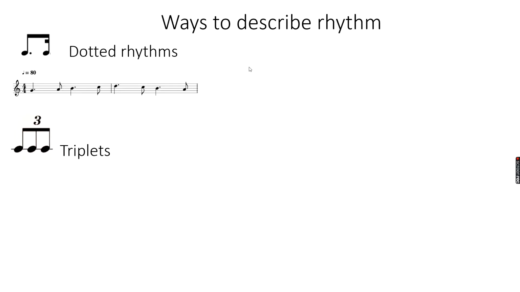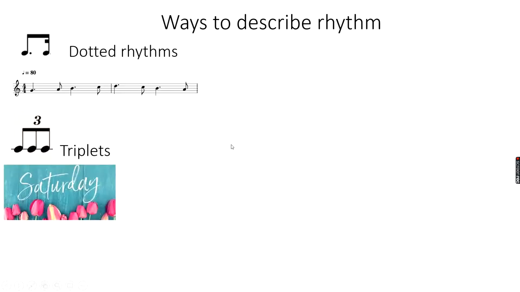Another common type of rhythm that we can use, and something that you may wish to describe in your listening exam if you hear it, is a triplet. And just as it says there, triplets and the 3, we have to fit the 3 notes into the space of 2. Now how do I know I'm listening to a triplet? You can say the special word Saturday because it's got 3 syllables. So a triplet would always follow this type of feel of Saturday, Saturday, Saturday.